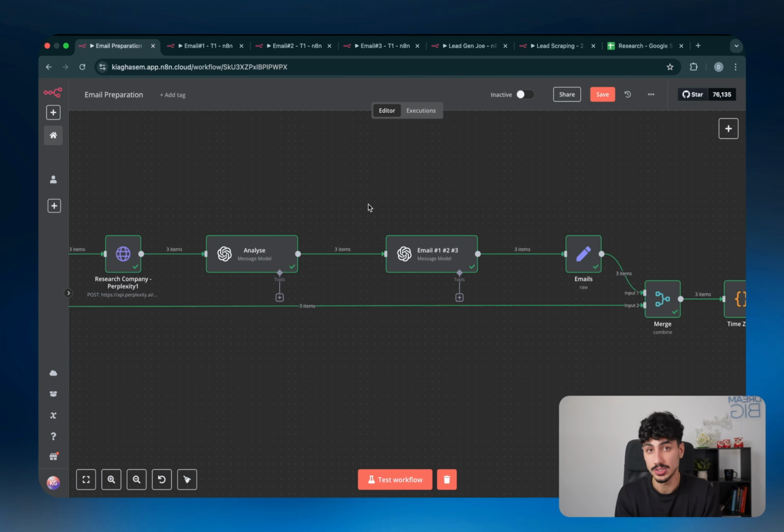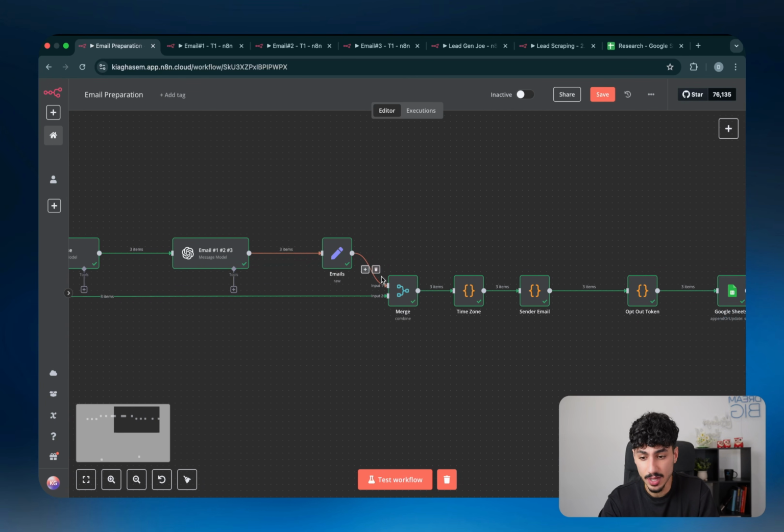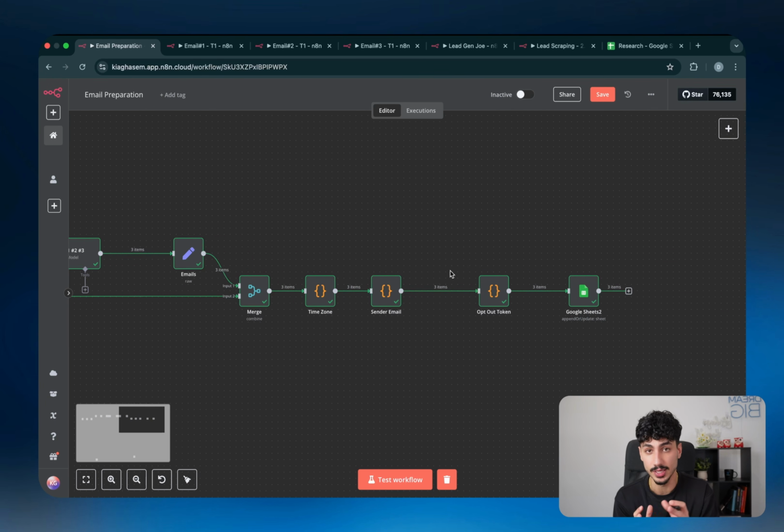And then once that research has been analyzed and the insights have been extracted, those insights are going to be used to create 3 emails that are going to be sent to that person in a sequence. So imagine the first one on Monday, the next one on Wednesday, and the next one on Friday if they haven't replied yet. And then those emails are coming here and a bunch of things are being added to them,